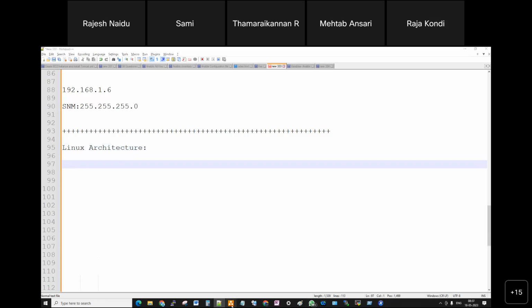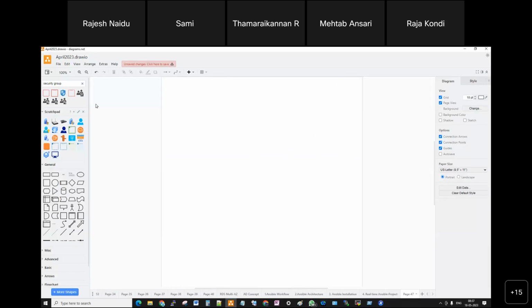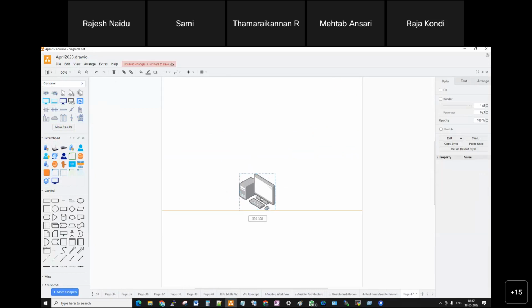For example, suppose there is a computer, so this is a complete hardware, right?